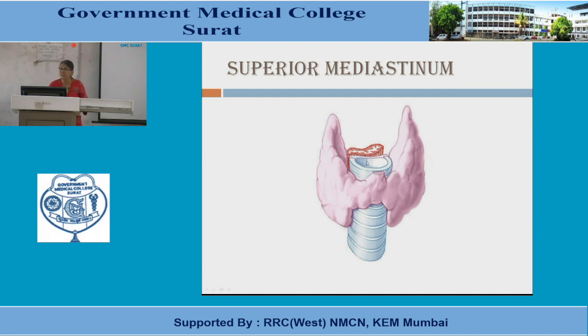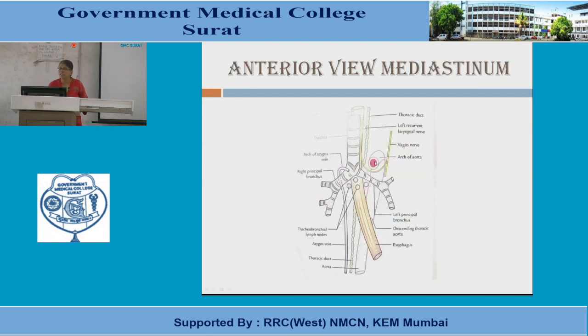Colored structure, trachea, this blue one, and orange one is esophagus. So these 3 contents of the superior mediastinum are highlighted in this diagram. Now you can see this arch of aorta here, and it arches over the left principal bronchus. You can see here is left principal bronchus, and passing below the arch of aorta is the left recurrent laryngeal nerve, which is a branch of left vagus nerve. Again, you can see this thoracic duct, which was not seen in previous diagram. You can see esophagus, trachea, arch of aorta. These are the contents at this level.